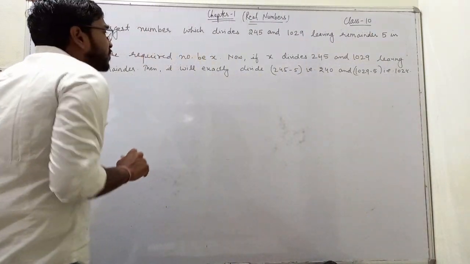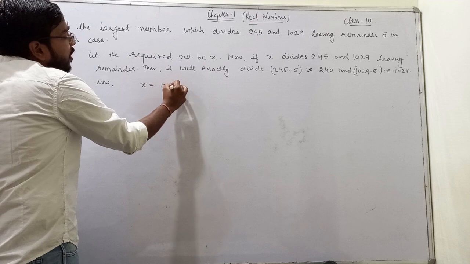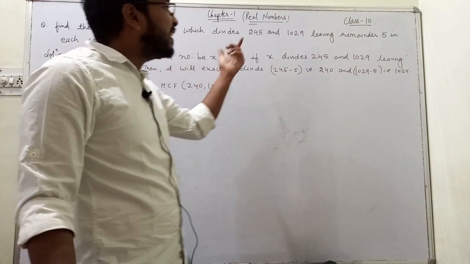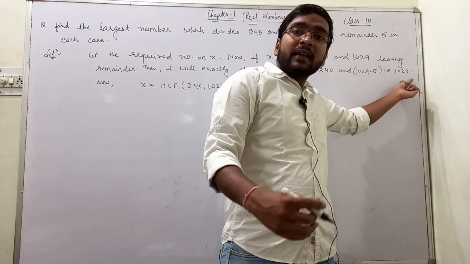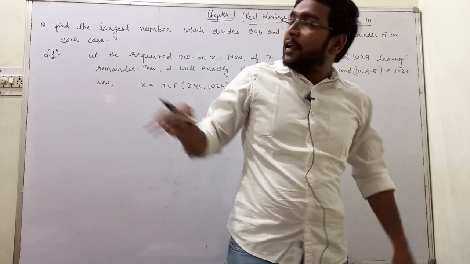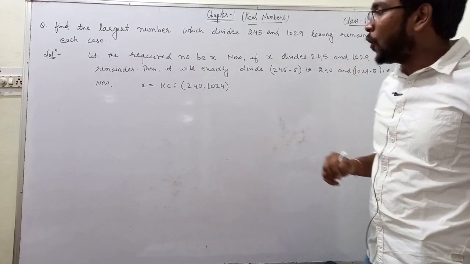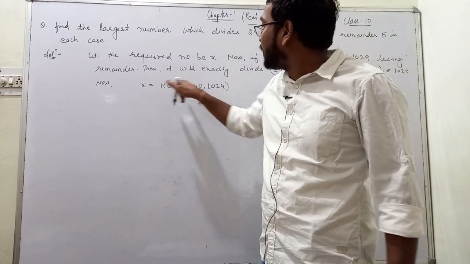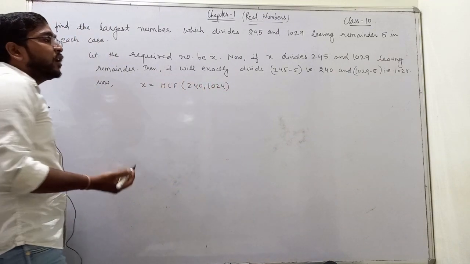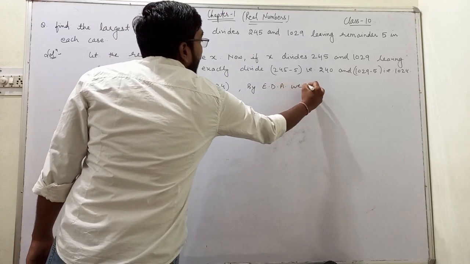Okay, now x will be equal to the HCF of 240 and 1024, because x exactly divides 240 and 1024. So x can be any factor of 240 and 1024, but in our problem we need to find the largest number which divides 240 and 1024. So for that purpose we need to find the HCF of these two numbers. Now we can see that 1024 is greater than 240. So by Euclid's division algorithm we have